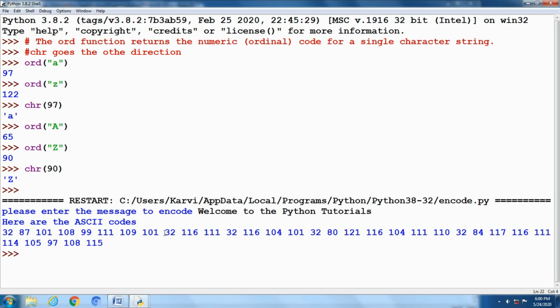My result is like this. 32 is the space value. Next, capital letters are all less than 90, W and P. This is the output from our program encoder. Thank you.